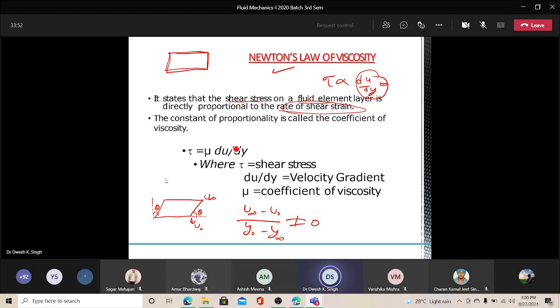But here you just need to understand that there is a development of some strain, and obviously it is a shear strain because the force acting is parallel to all these surfaces. So that's why it is shear strain, and that shear strain is